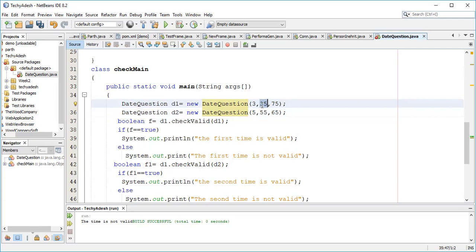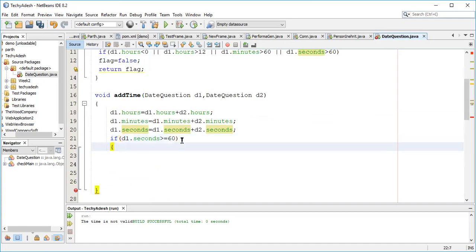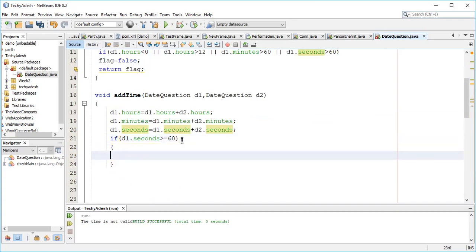First of all, you should try yourself, but if you are asking for help from my side, then I'll give you the example. First of all, I have to check the condition for seconds. So d1.seconds, if these are greater than or equal to 60, it means these seconds should be converted to minutes.